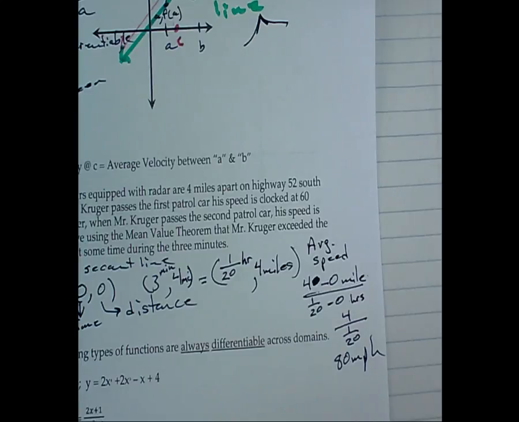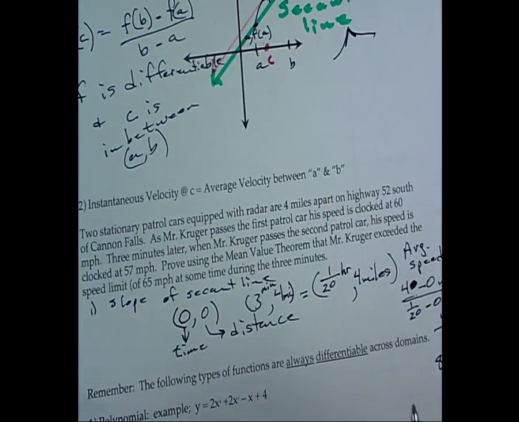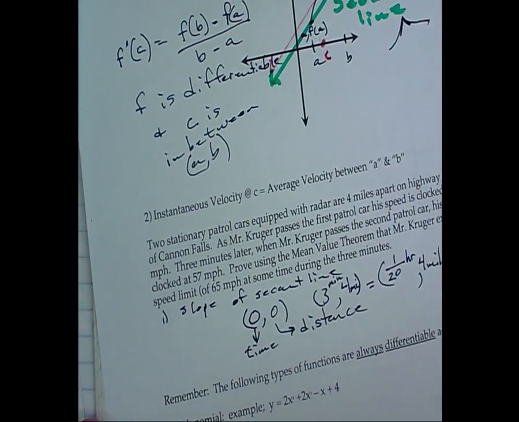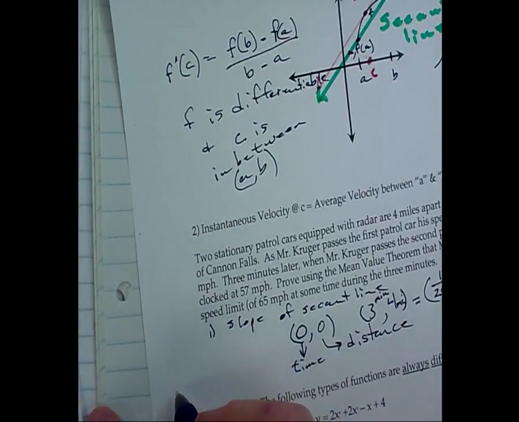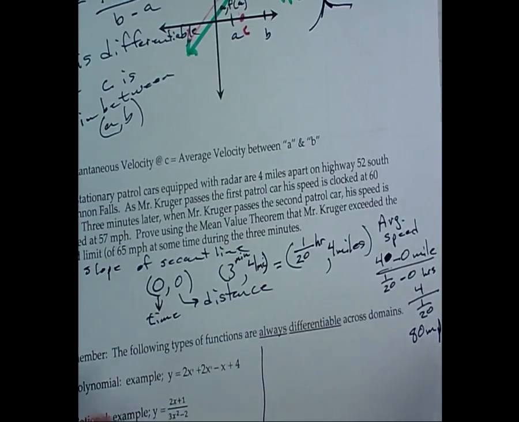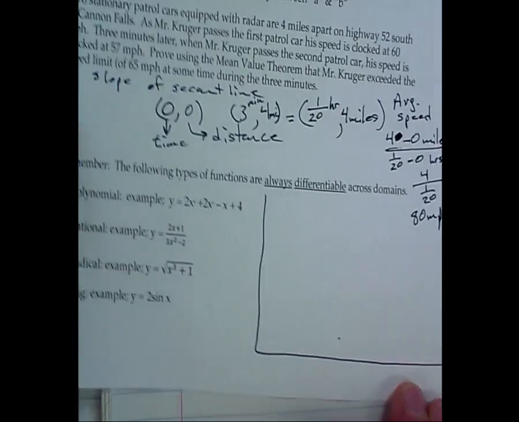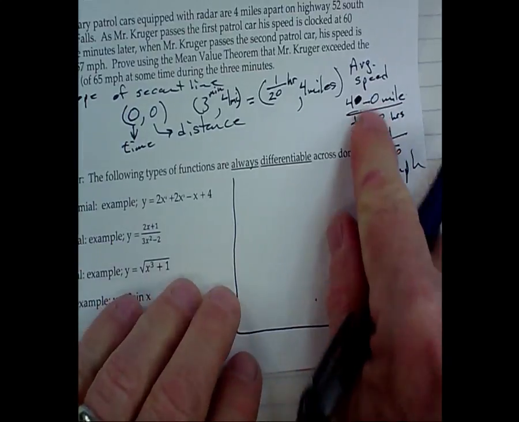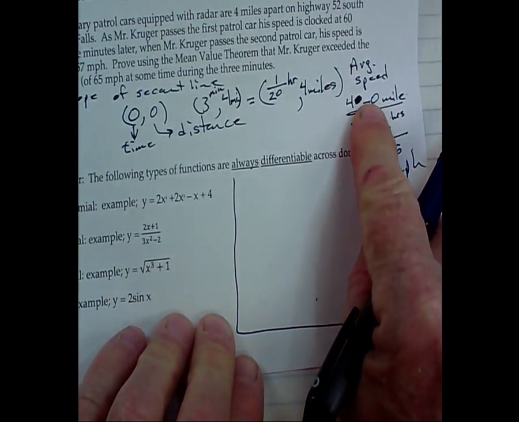What does that mean? Julia, I was booking it if my average rate is 80. Right? So now this is what I have to say. I'm going to write it right here, because, of course, I didn't leave myself any room. This is my work right here. That's what they're going to look to see that you did.